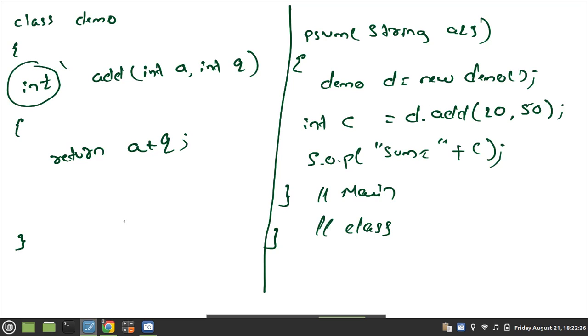This is the first point, this is the second point, this is the third point.